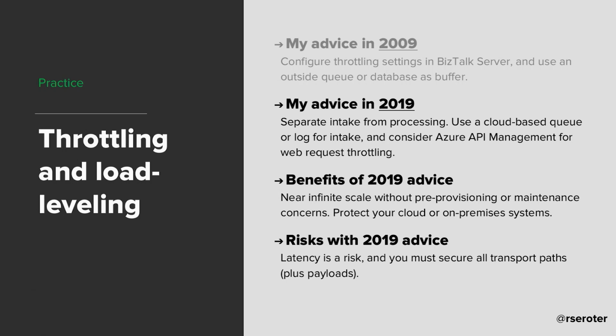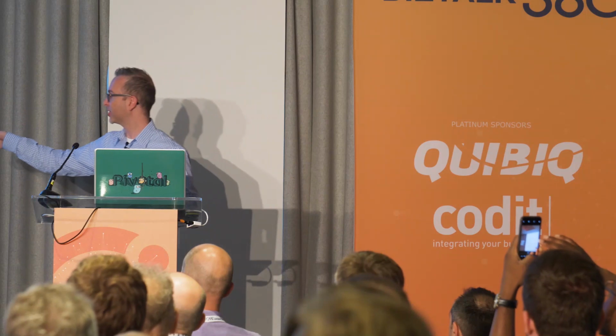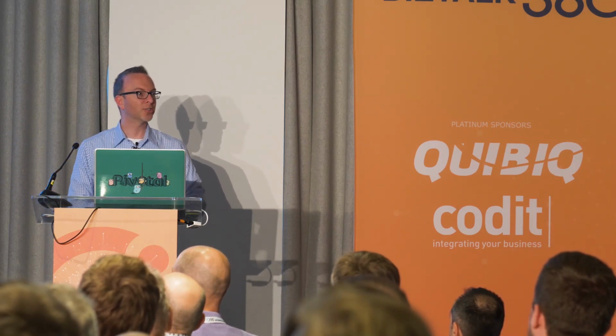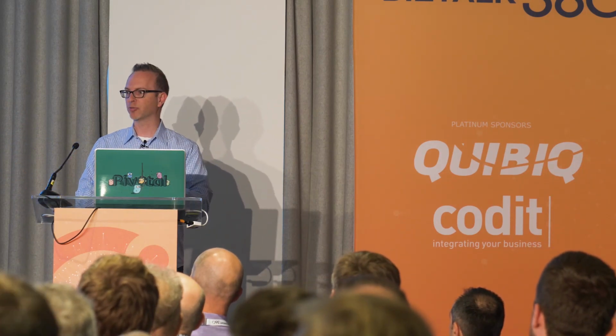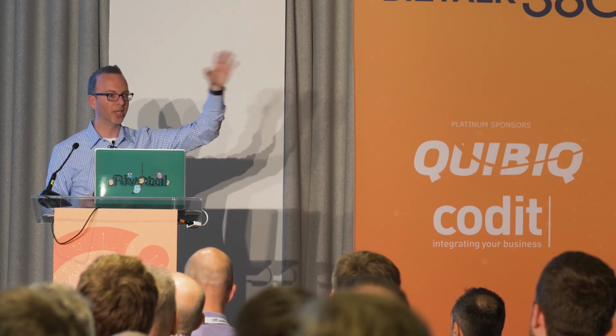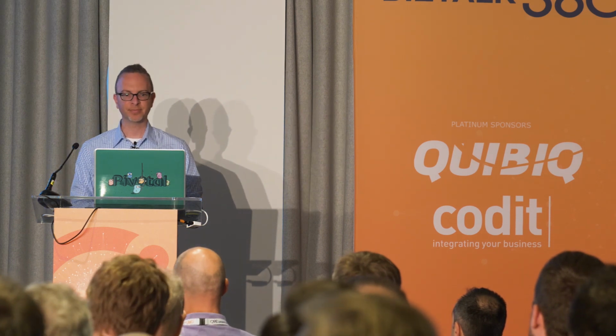So some risks: latency could be a risk here, right? I've got things popping through here and jumping down here. Depending on how far away some of these data centers are, I could actually feel that. That might be too slow for me. I've got to think about security maybe a little bit more, making sure this isn't now all in my network. I can't just rely on certain things. I've got to make sure the payload and the transports are all protected.